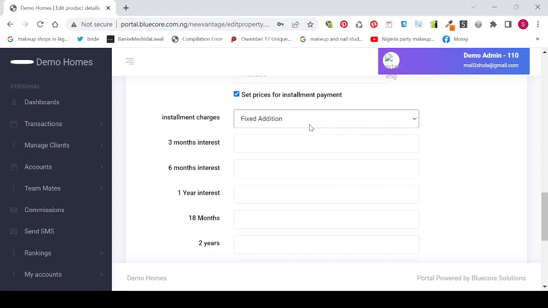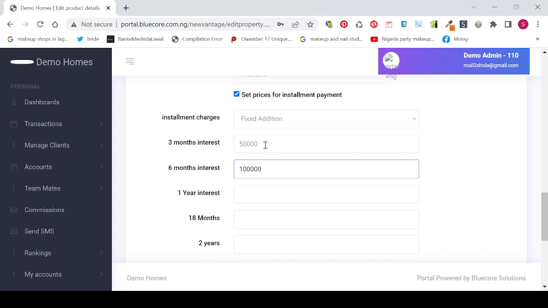That is to say, if I select fixed addition here and I put 50,000 here, and I put 100,000 here, it means if the initial cost of the product is 1 million, the moment the client specifies that he wants to pay for this product over 3 months,